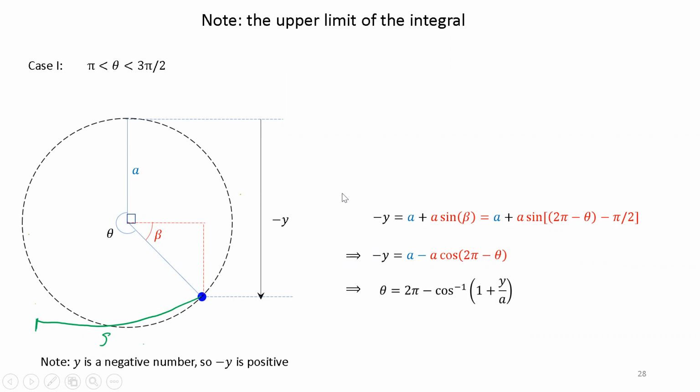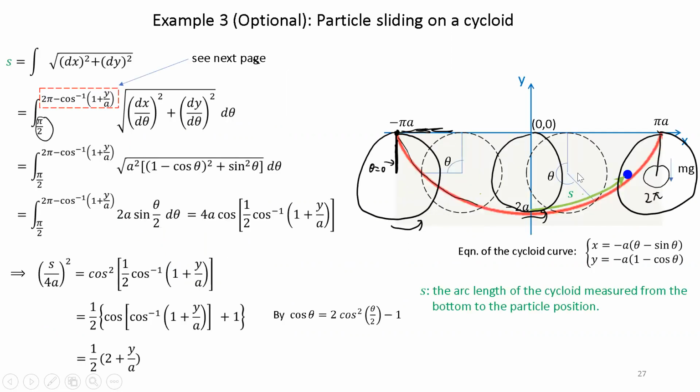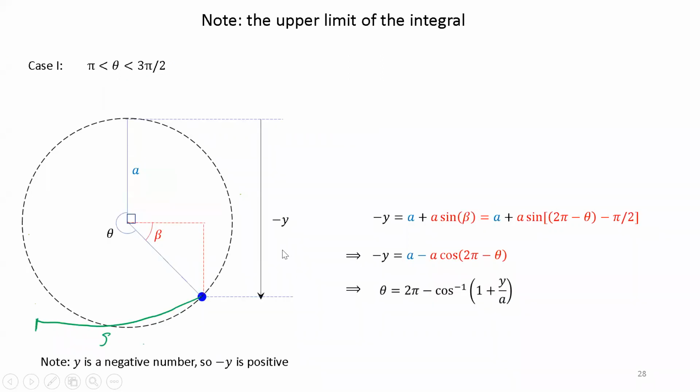So first of all, we understand that when we are over here, y is always a negative number, right? So that's why the distance between the top edge of the wheel and this point is given by minus y. Because y is already a negative number, if I just want to find the magnitude, I need to have minus y. So this is minus y. So this minus y would be equal to